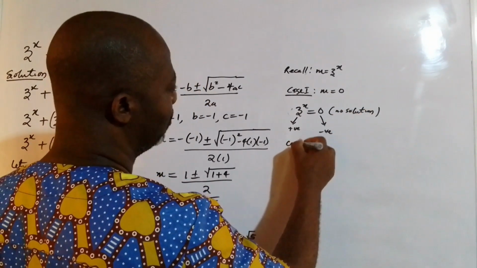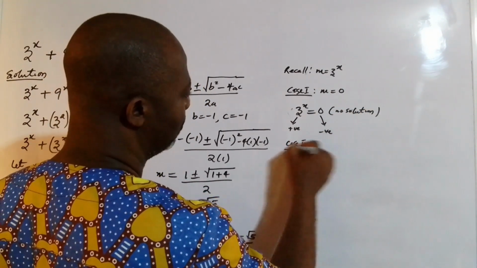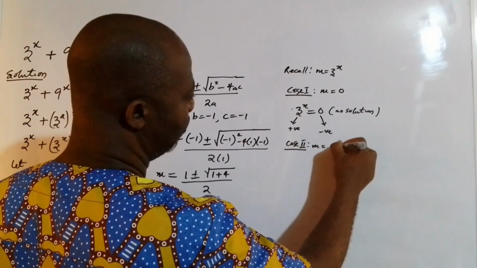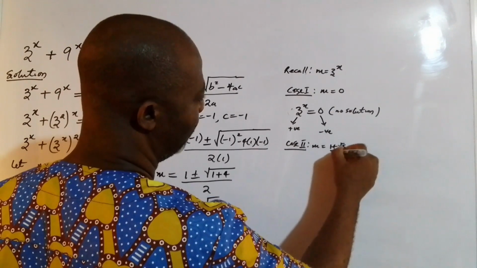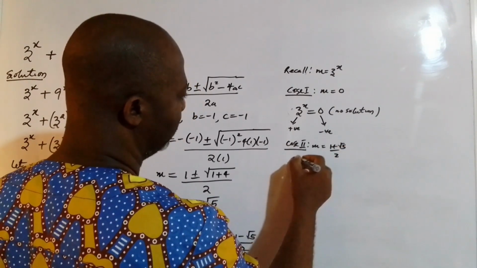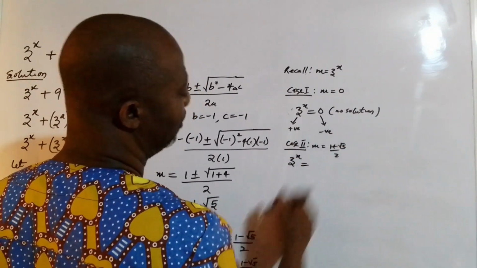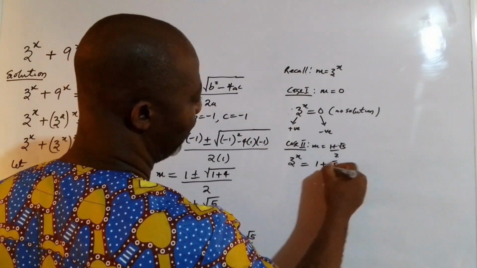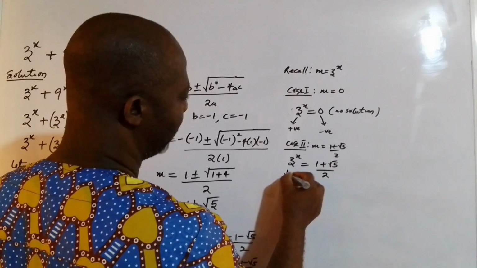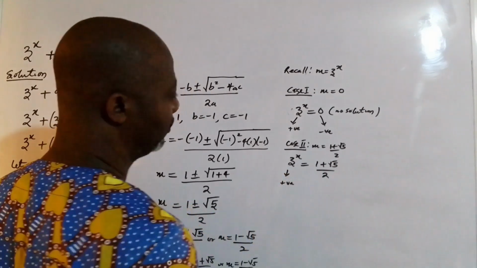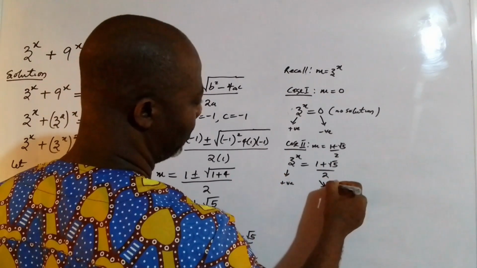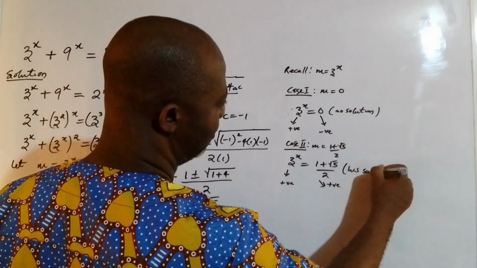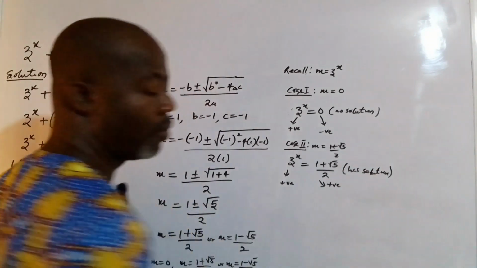Also for case 2, let's see what we get. For case 2, we have m equal to (1 plus root 5) over 2, and therefore we have 3 to the power of x equal to (1 plus root 5) over 2. The left hand side is positive, as can be seen, and the right hand side is also positive. So this has a solution, and we're going to solve this. But before then, let's look at what we have for the